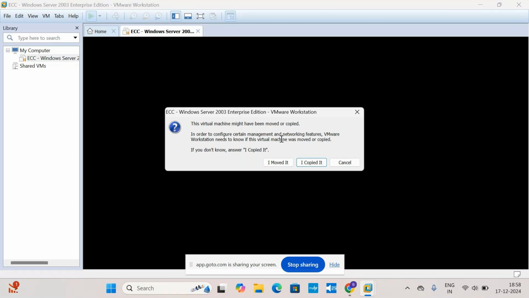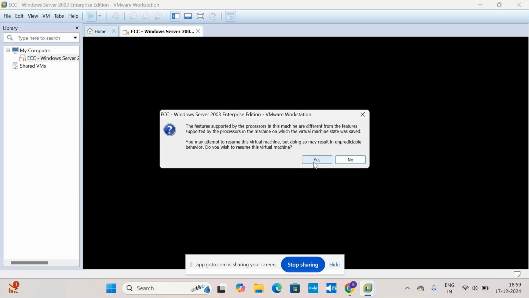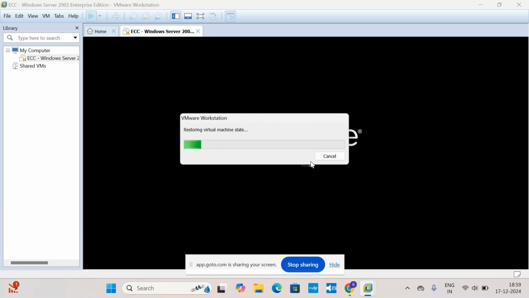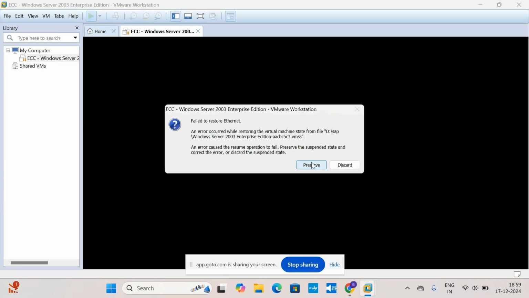What options can you read once? I'm not able to see that. I moved it, I copied it, cancel. I moved it. I copied. You click once. Yes, you click. Let's see what is going to happen. Now it is loading. It will work now.